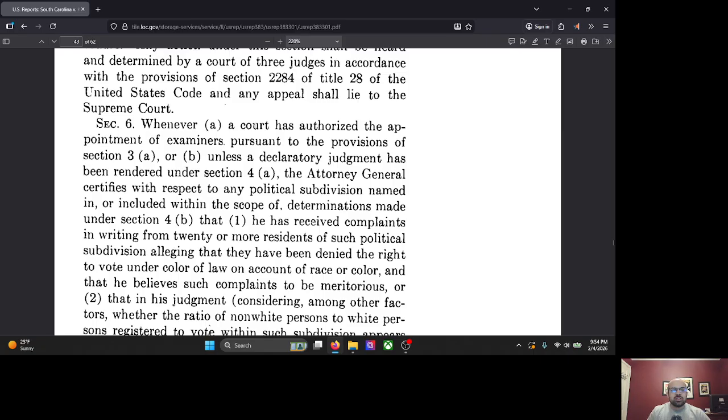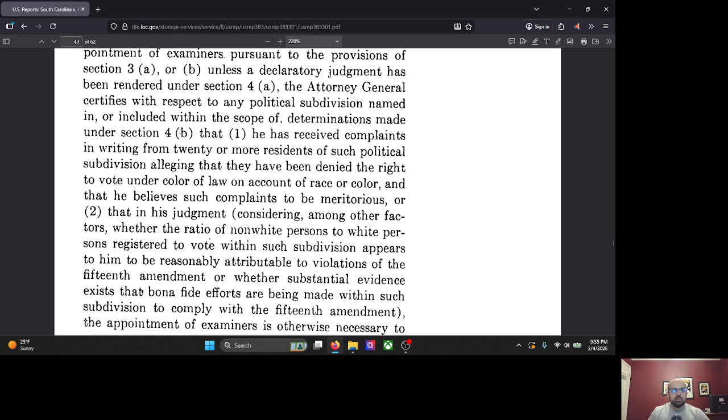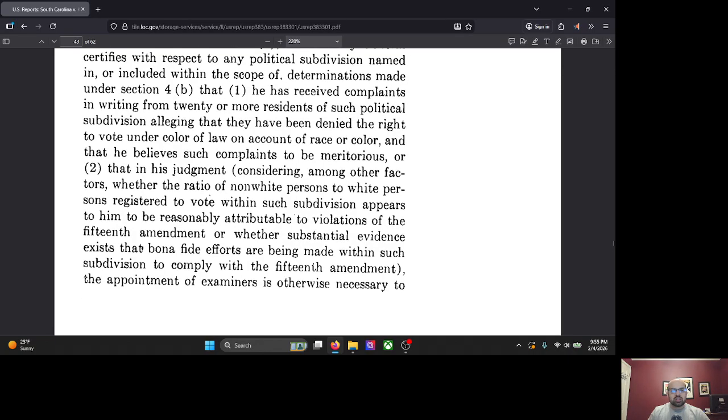Section 6. Whenever a court has authorized the appointment of examiners pursuant to the provisions of Section 3(a) or (b), or unless a declaratory judgment has been rendered under Section 4(a), the Attorney General certifies with respect to any political subdivision named in or included within the scope of determinations made under Section 4(b) that: 1. He has received complaints in writing from 20 or more residents of such political subdivision alleging that they have been denied the right to vote under color of law on account of race or color, and that he believes such complaints to be meritorious; or 2. That in his judgment, considering among other factors whether the ratio of non-white persons to white persons registered to vote within such subdivision